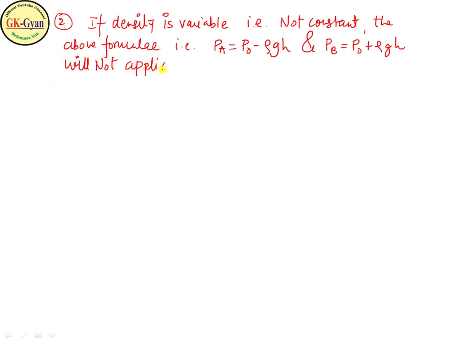So how to solve it? If density is variable, that is mass density is variable, you have to go by the basics, that is dP by dz equals minus rho g. Go by the basics, that is the integral of minus rho g